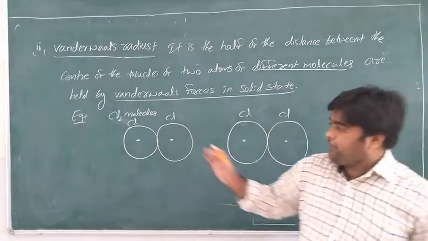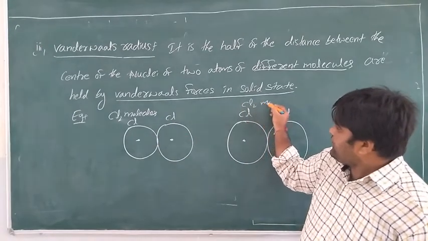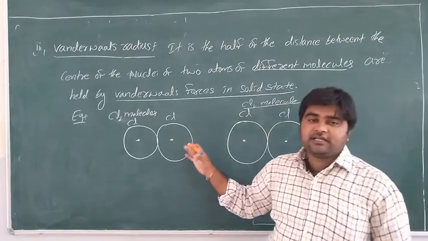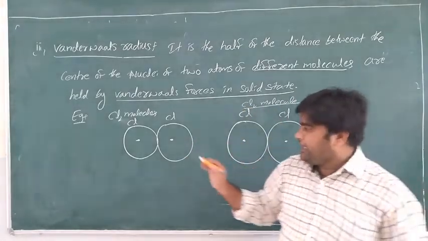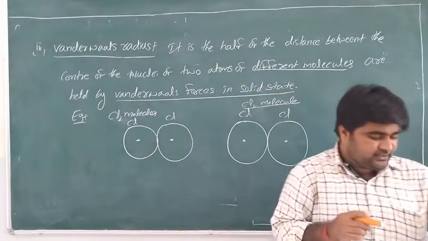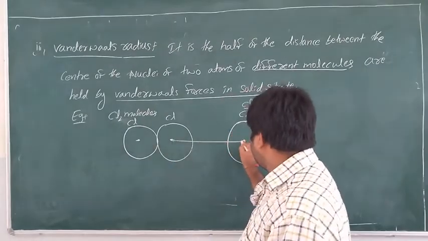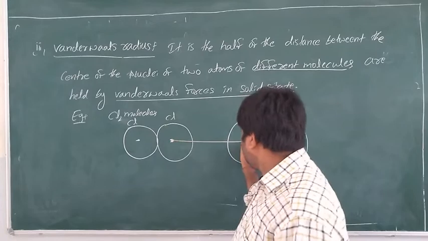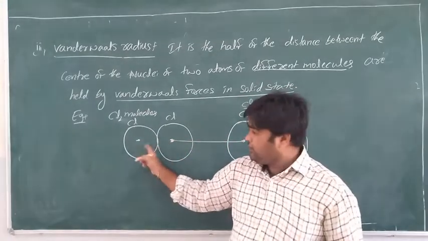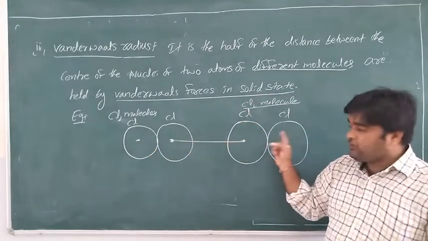So maybe this chlorine molecule and another chlorine molecule. We can take same or different, no problem, but mostly different. Here I am taking the example of the same molecules. It is a nucleus, and it is also a nucleus. The distance is from this nucleus to this nucleus. There is no bond formation between them. Only within the chlorine atoms, within this chlorine, is there bond formation.